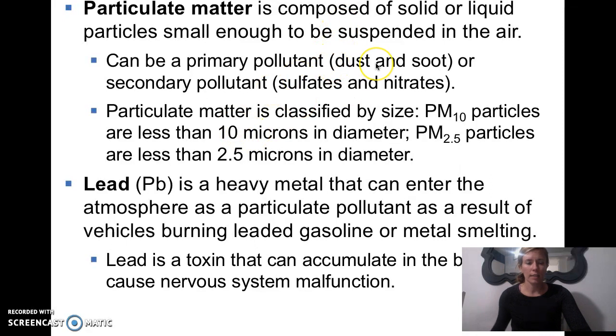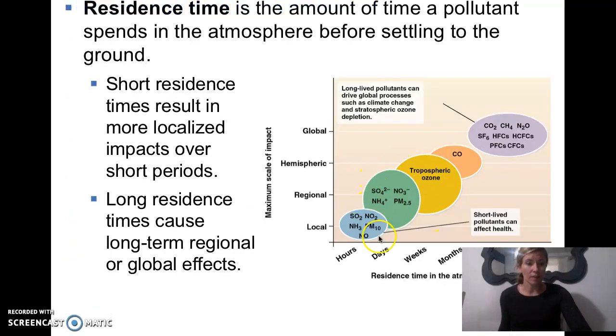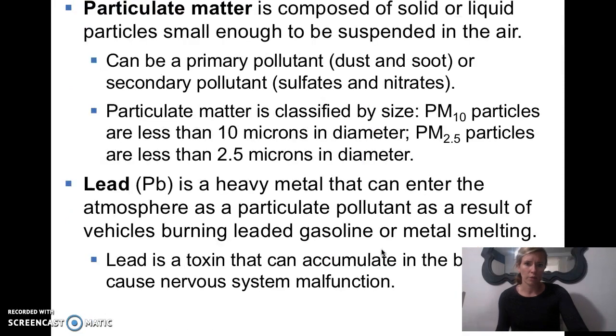So particulate matter is classified by size. PM10 particles are less than 10 microns in diameter, and PM2.5 particles are less than 2.5 microns in diameter. So these ones are much smaller. That's why if we come all the way back here, the PM2.5 lasts for longer because they're lighter. These ones are heavier, so they'll fall faster to the ground and get out of the atmosphere, but the PM2.5s will hang out for a long time. And these smaller particles are more likely to get deep into your lungs and cause respiratory disease and heart problems,